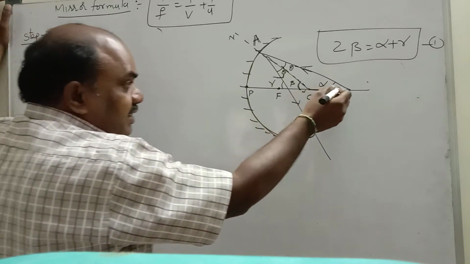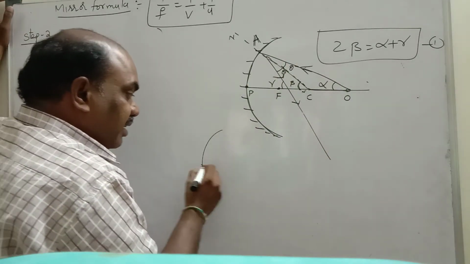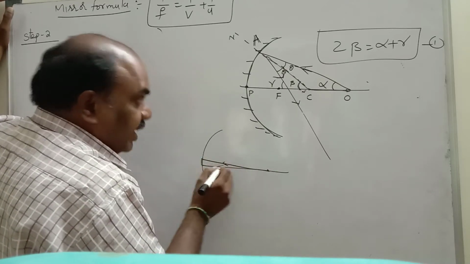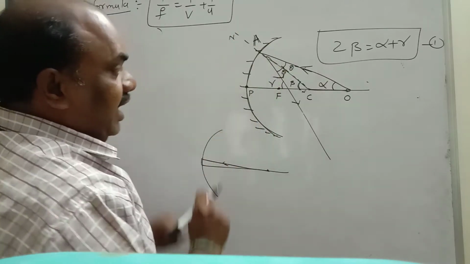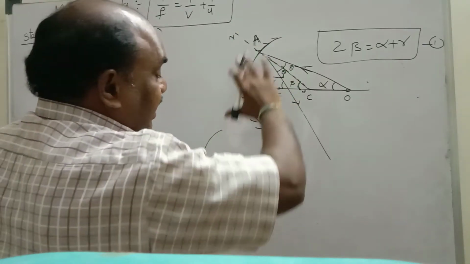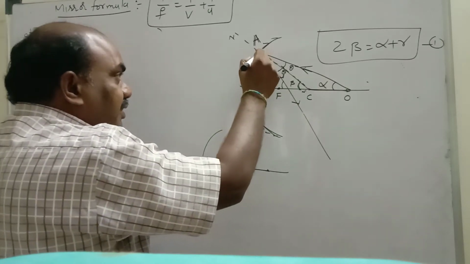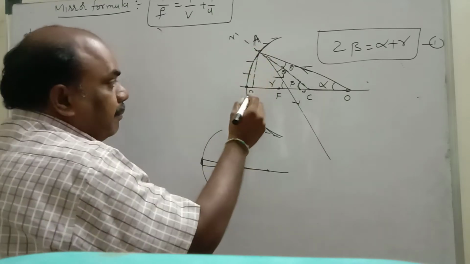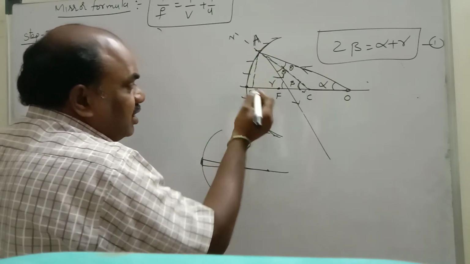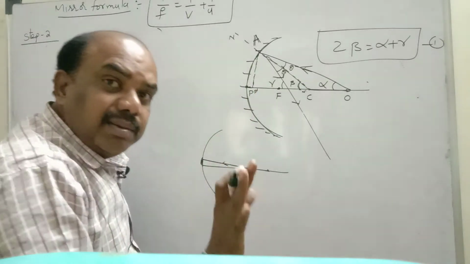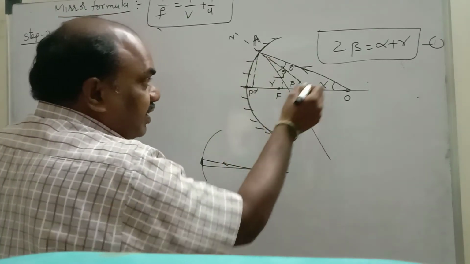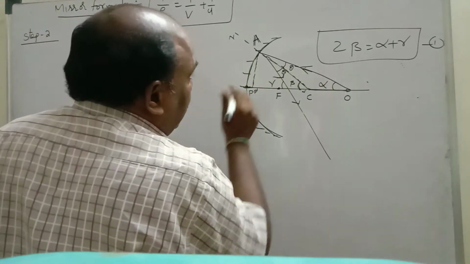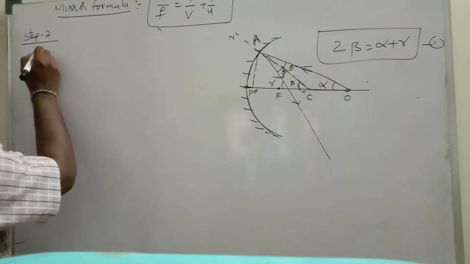Now, let us consider this is a paraxial line. Paraxial line means the incident ray is very close to the pole. This is the pole. The incident ray falls very close to the pole. I just zoomed this diagram 1000% so that it is in enlarged form. Actually, this is a paraxial line. Paraxial line means this vertical line coincides with P. Let this be P dash; P dash almost coincides. This distance is negligible. Neglect this distance if it is a paraxial line. For a paraxial line, P and P dash will be the same. Now APO or AP dash O are both the same.